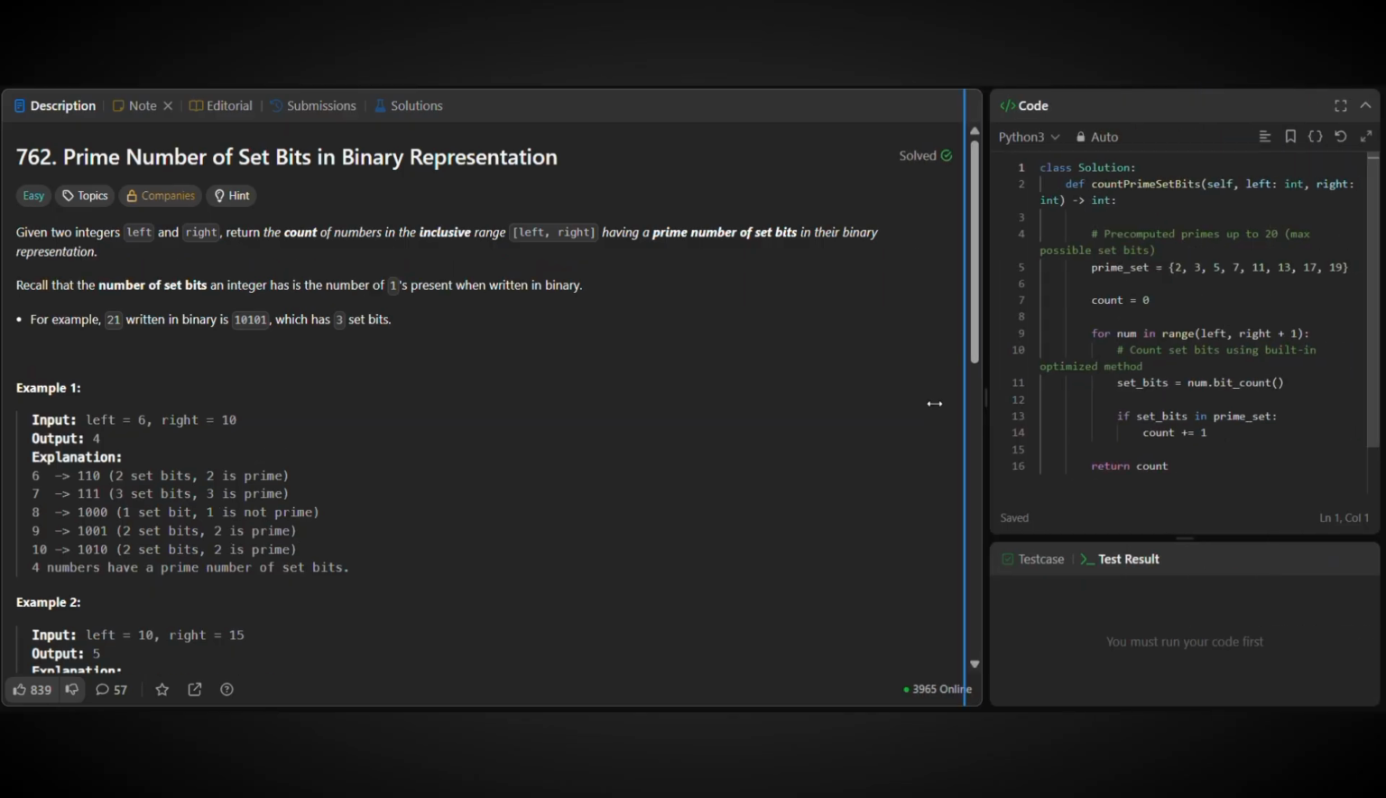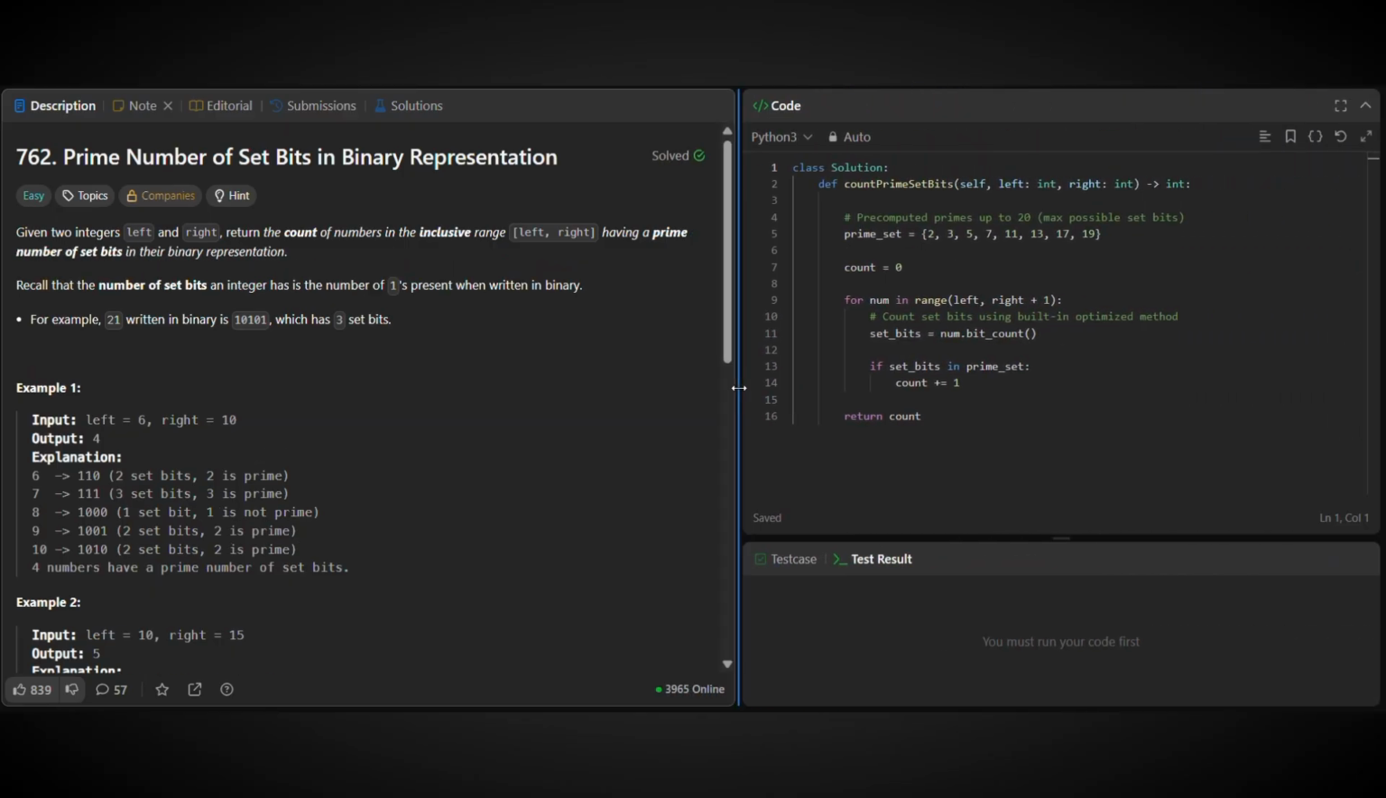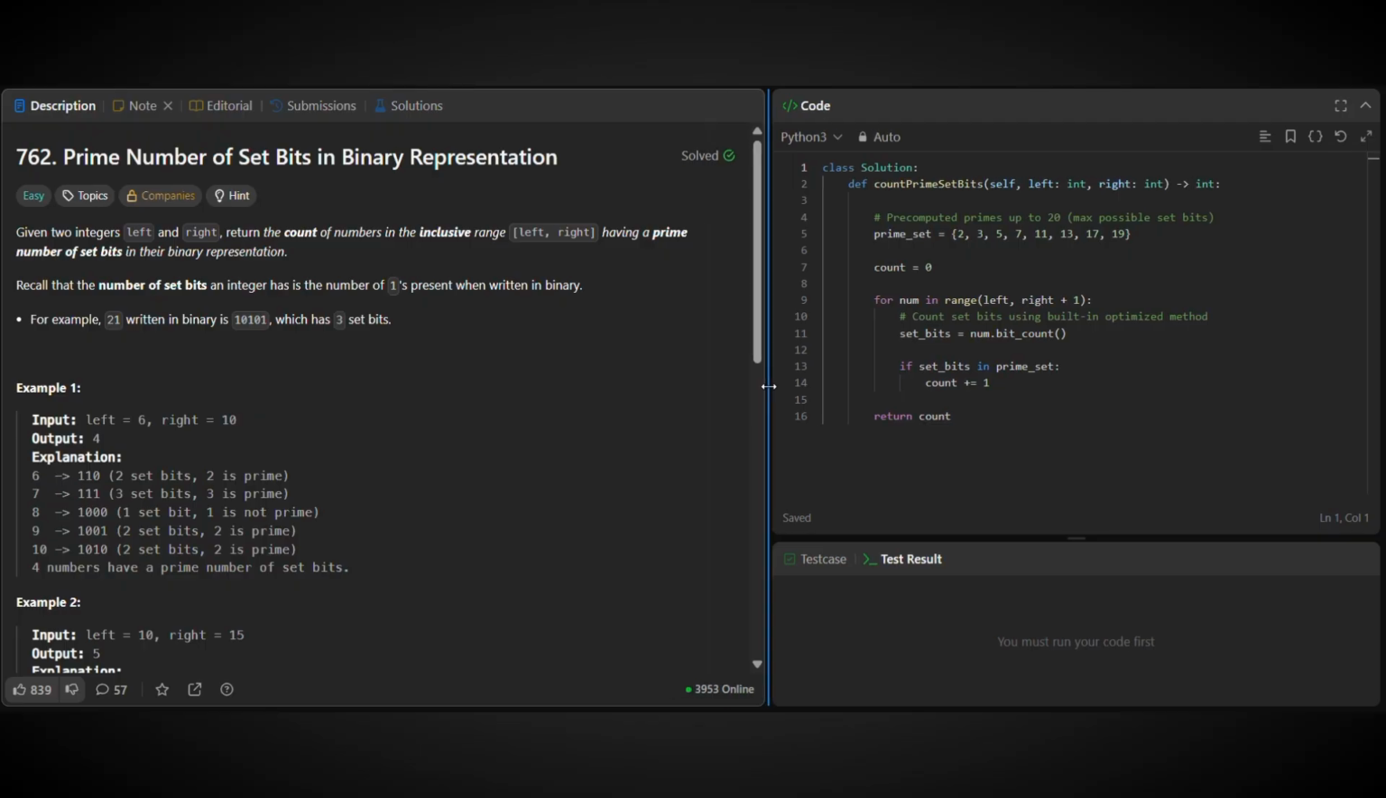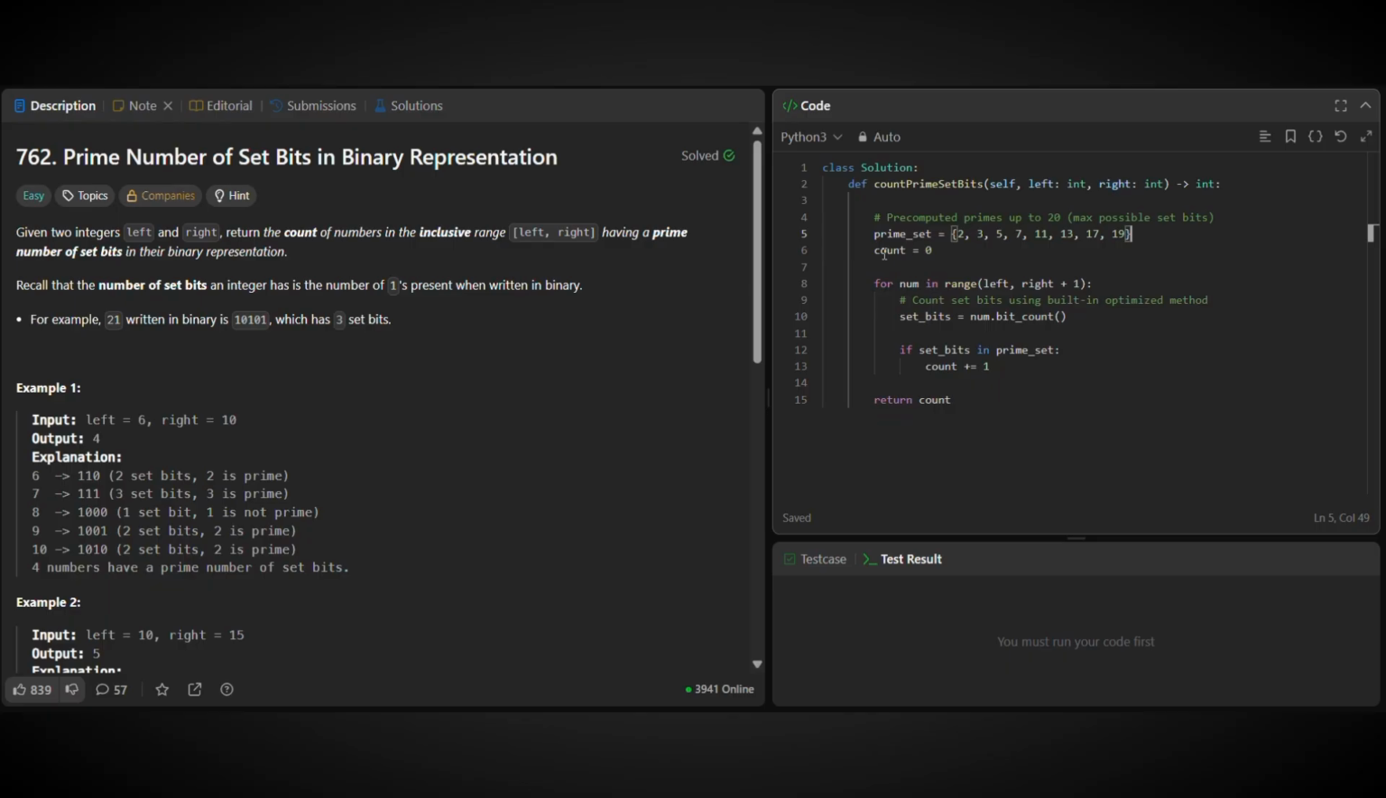Class Solution. Define function countPrimeSetBits. Takes 2 parameters, left and right. First, create a set called prime_set: 2, 3, 5, 7, 11, 13, 17, 19. Initialize count to 0. For each number in range left to right plus 1,